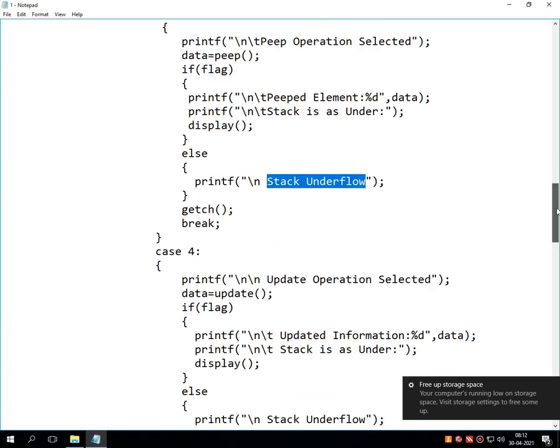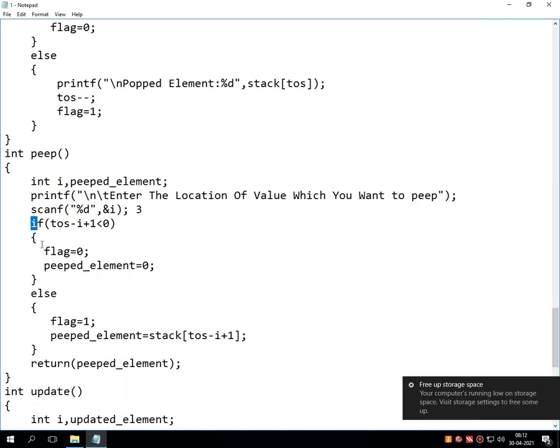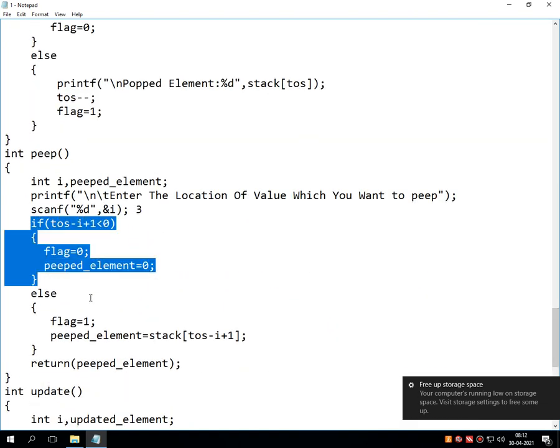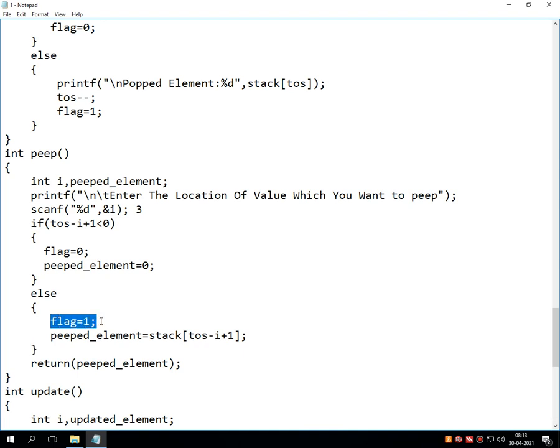But if the location is present, that means if this decision making statement is false, it goes into the else statement. The value of flag is set as 1, and into the local variable called peeped_element it retrieves the value.